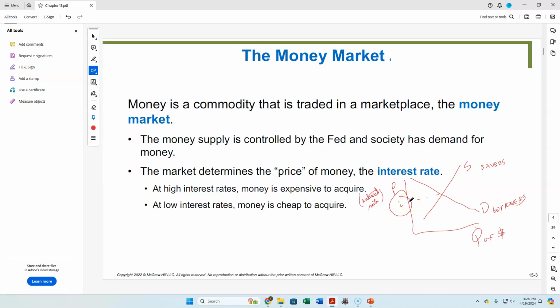Now, how much money people have to save and how much money people have to borrow is all determined by what the overall money supply level is. Now, this supply curve instead is vertical, and the money demand is downward sloping like a normal demand curve. Why is this vertical? Because it's determined by the Federal Reserve. Let's just call it the Fed here.